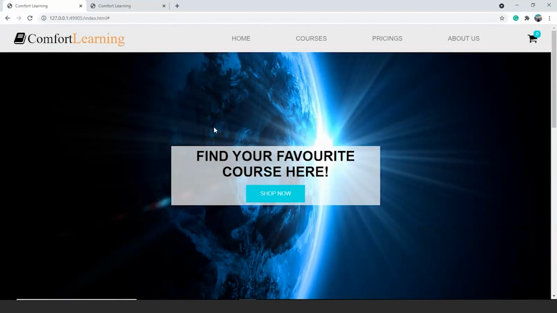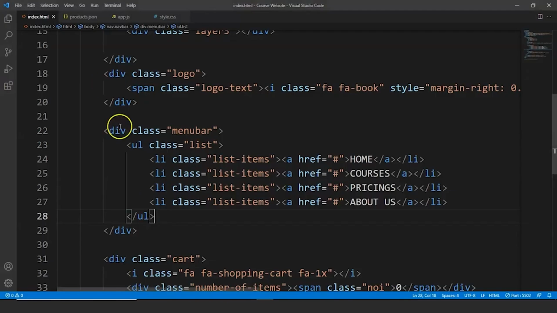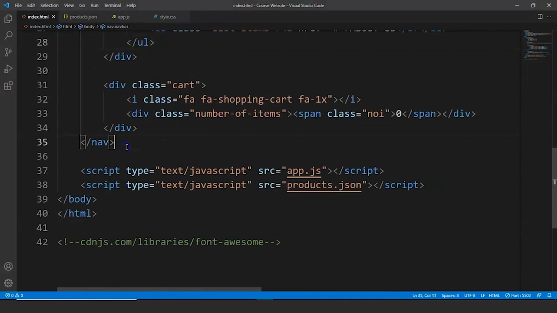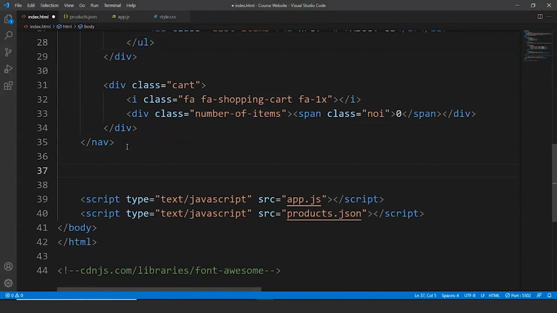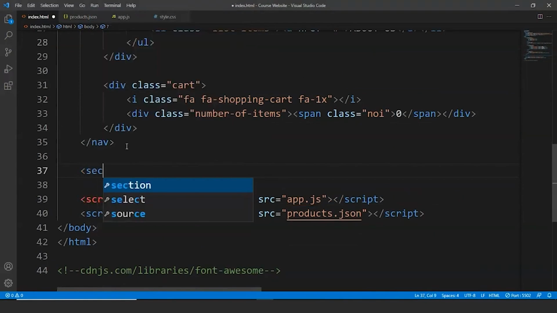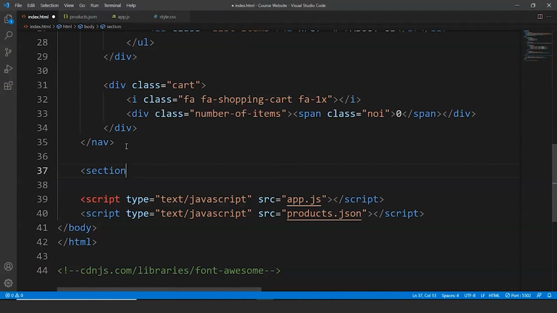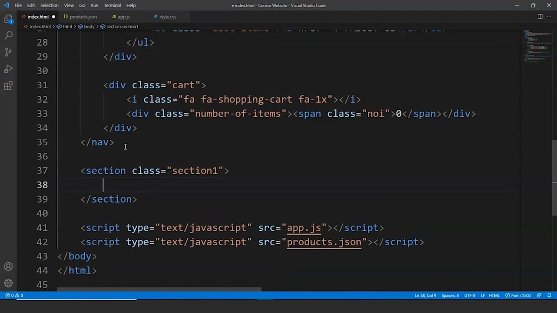And the next part of our website is the background image with the card present on it, right? So let's write the code for this section as well. What we'll do is we'll move to our HTML file, and right here we'll write section, class is equals to section 1. So we are using the section tag to define a particular section in the web page. Now we'll write here div class is equals to banner,